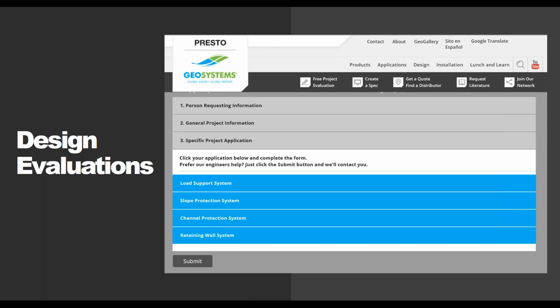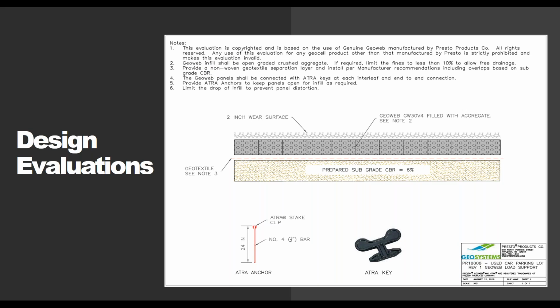So we do offer technical assistance. So that's myself and the rest of the engineering team. We provide free design evaluations. So there's a form on our website. Fill it out with any information that you have. You can attach documents such as geotechnical reports or plan sets. Comes to us, and then we can provide this design evaluation. Gives you our recommendations for what products to use. Make sure that you get anchorage requirements if they're needed, geotextile requirements if they're needed. Basically, anything that's going to be required to give you the best design for your project needs.